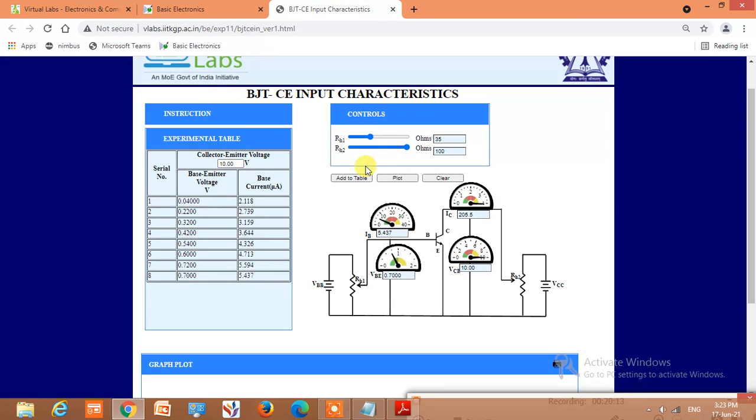Sorry, the value has been repeated. We have to do it very carefully. 0.8, 0.9, then I will take 1 volt,